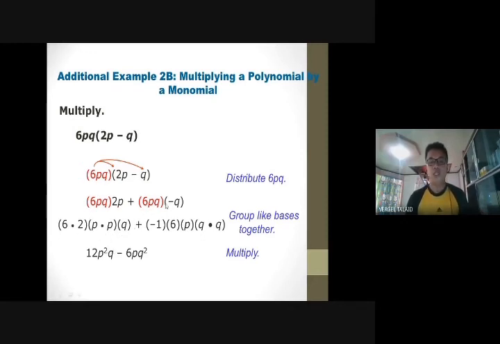We have 6 times negative 1. It is understood that we have a negative 1. Take note, we have a negative numerical coefficient. Negative 1 times 6, that is negative 6 because it is unlike signs. Then p, copy p, then q, that is q squared. Take note, you cannot subtract 12 and 6. This is subtraction of dissimilar literal coefficients, which is not allowed because only similar terms can be added or subtracted. How do we know that they are similar terms? If they have the same literal coefficient. So what are literal coefficients? These are variables with their exponents.